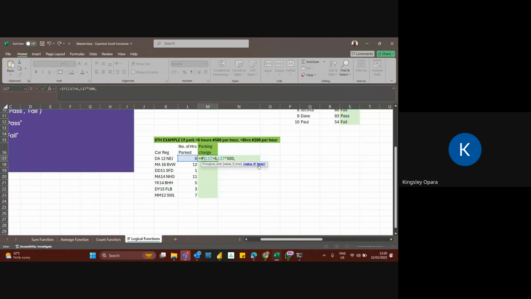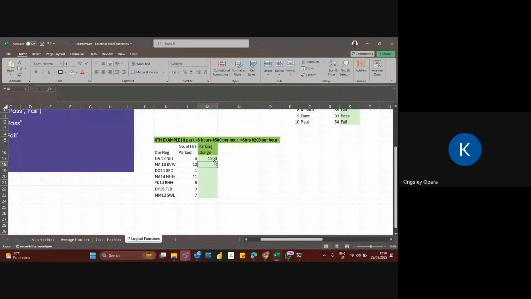Now when you say value if false, you now take cognizance of 6 itself and below. Okay, so 6 itself and below. So value if false, let's this number of hours again multiply 200 naira, and then I'll close the bracket and I'll hit the enter button.